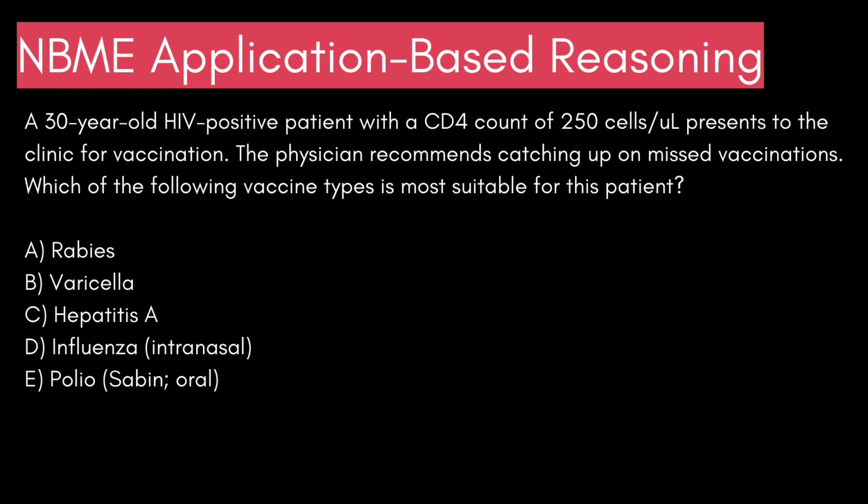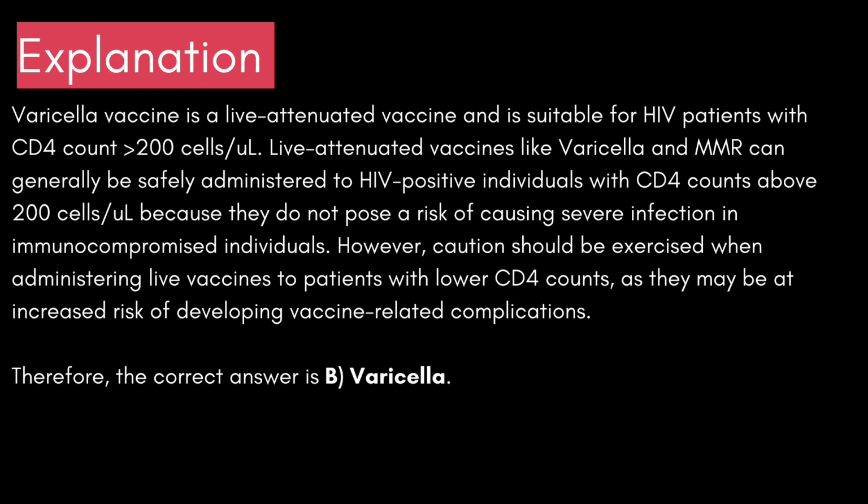All right, I think I gave you guys enough time here. I'm going to move on to see what the correct answer is and what the reasoning behind it is. If you need more time, feel free to pause the video. Otherwise, moving on now. Varicella vaccine is a live attenuated vaccine and is suitable for HIV patients with CD4 count above 200 cells/uL. Live attenuated vaccines like varicella and MMR can generally be safely administered to